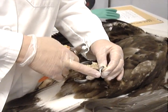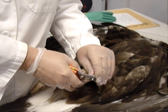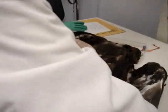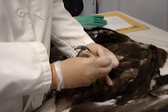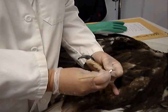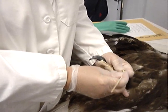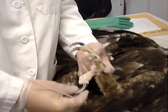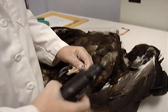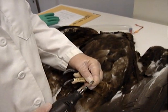Okay, so this nail here is the only one with any corkscrewing of the nail. All the other nails are straight. I'm going to cope this one here. That's the one that needs to be looked at the most frequently. This is the good foot, the left foot, and basically he'd been carrying a lot of his body weight on this foot. And then dremeling trying to straighten the nails, but